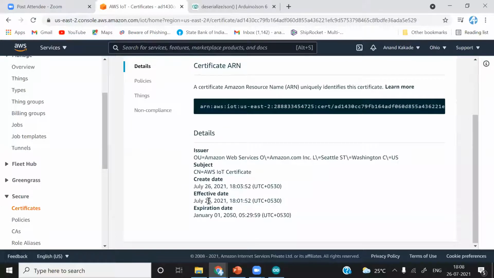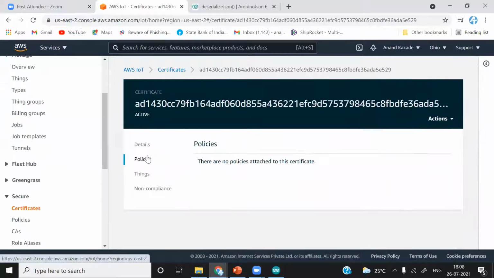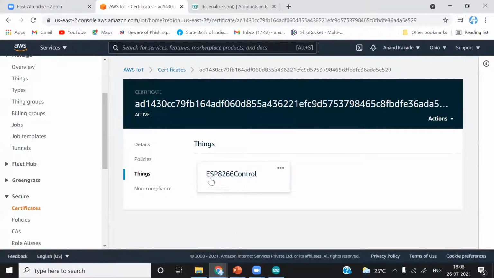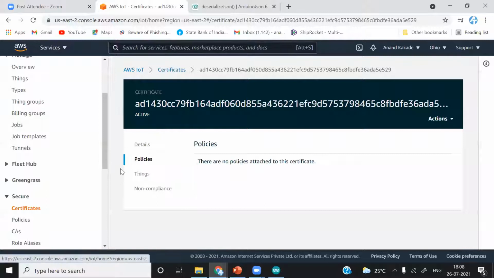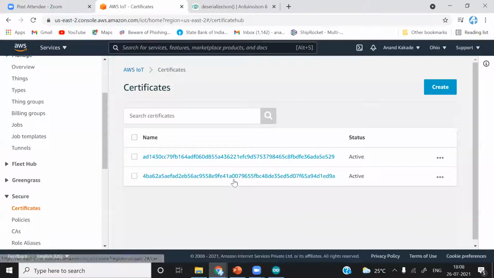The create date, effective date, expiration date, the policies. We have not attached any policy to this certificate yet, and the things. So this certificate is related to ESP8266 control, the thing we recently created. So what we will do now? We will just simply attach the policy.